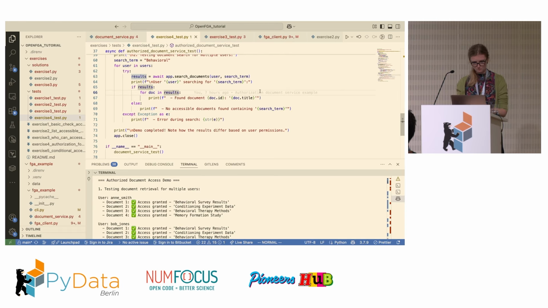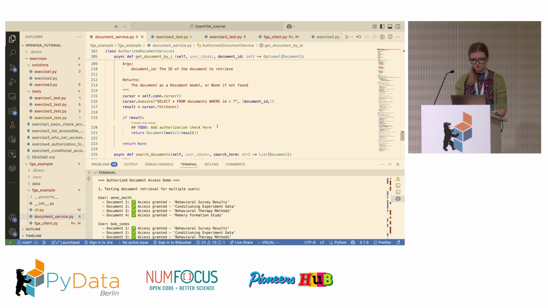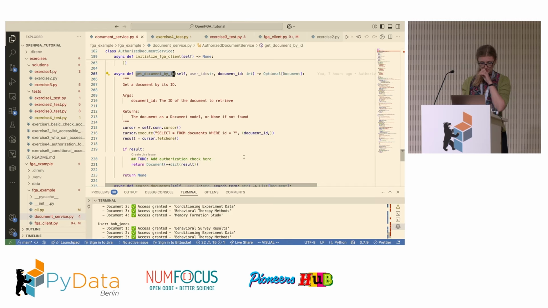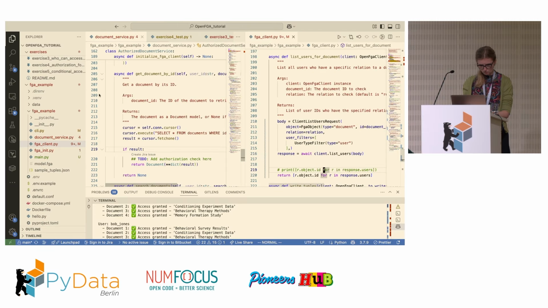Okay, since we don't have that much time, maybe let's do it together. So yeah, let's start with get document by ID. What we see here is quite easy up till now. We are checking the document from our SQLite database just by ID, and we are fetching it. And if anything is fetched, we should add some guards to show or not show the user this document. Since we already have the FGA client and check function,